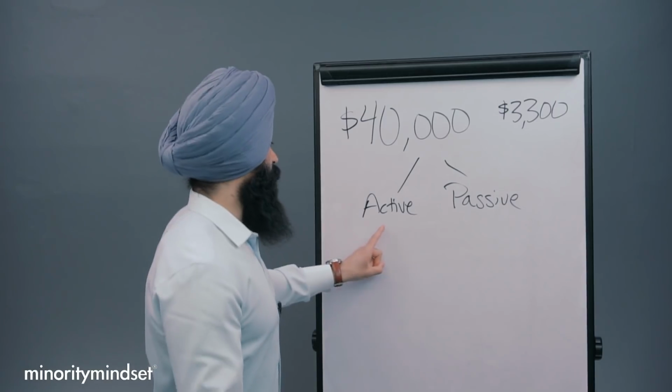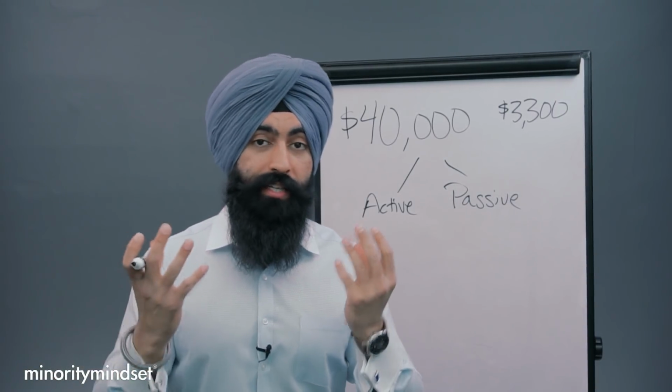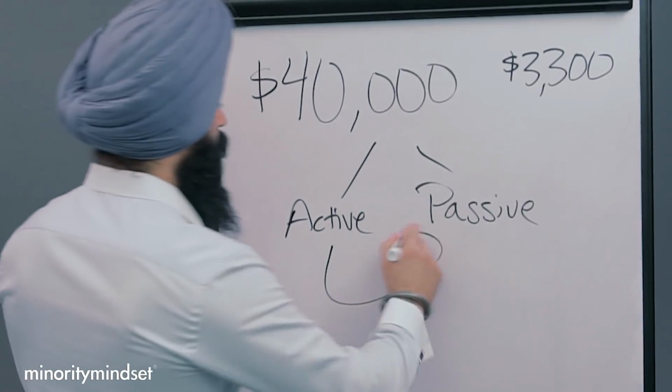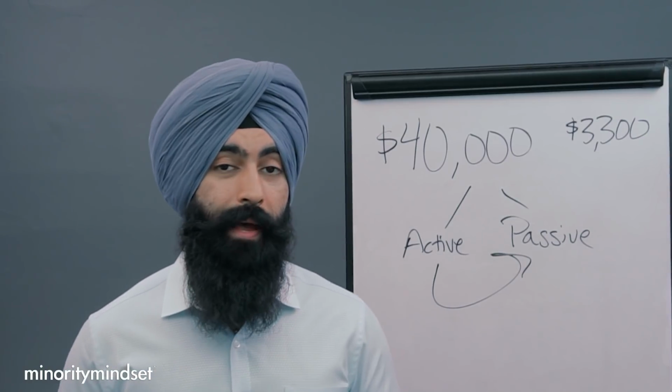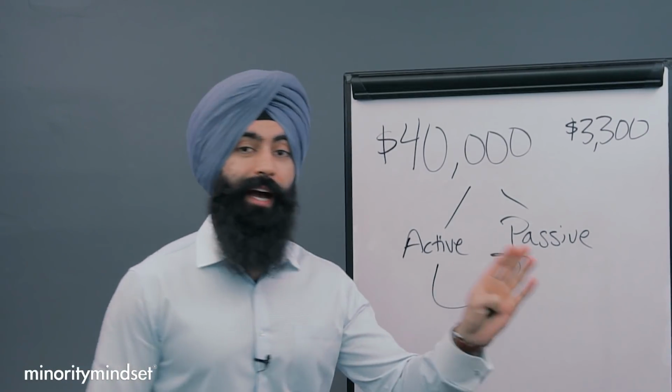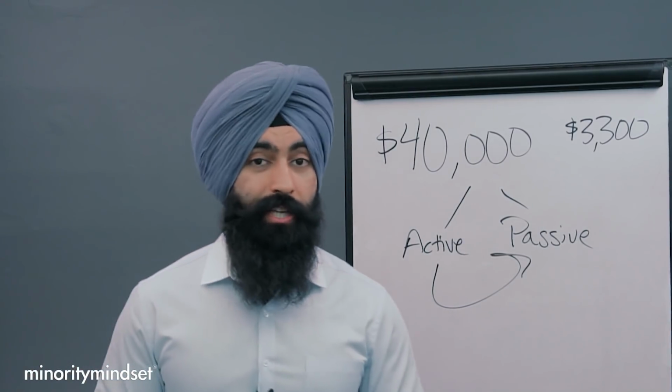And this is the active income that you're earning. This is your earned income. You go to work, you get a paycheck, you want to take some of this money and put it towards your passive income, towards your passive investments, things that are going to pay you with cash flow. In this case, we're talking about dividends. So every time you get paid, you want to put a little bit of your paycheck, the more the better,